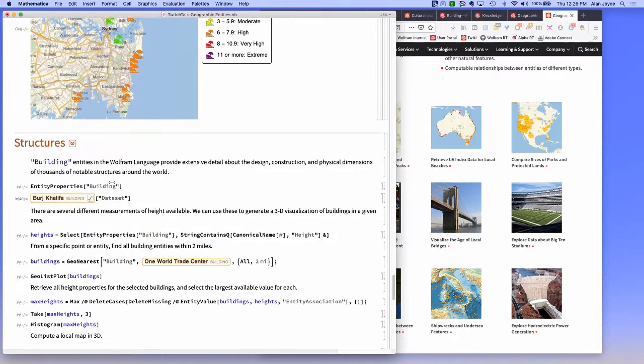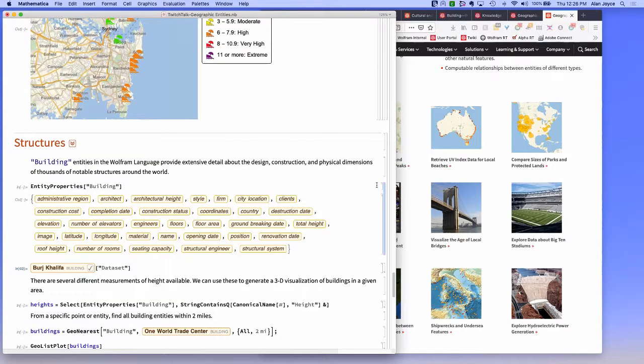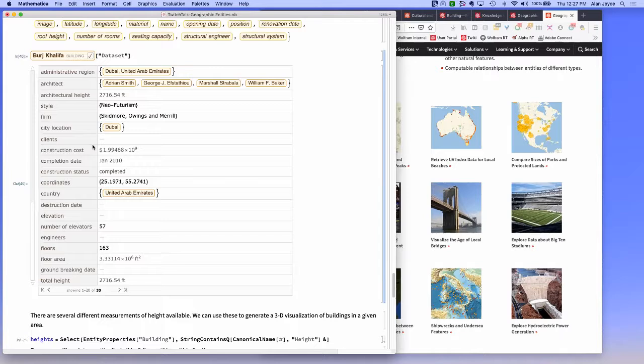Structures, obviously a lot of other kinds of interesting data available for man-made geographic entities than we have for natural ones. So, for a building, for example, you can dig in here and we've got date-related properties, construction, completion dates, groundbreaking dates in some cases, physical characteristics of buildings, everything from floors, floor area, heights, different kinds of heights in many cases. Architectural versus total height for buildings is relevant. In many cases, construction costs,